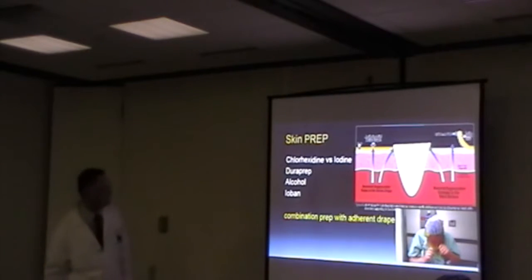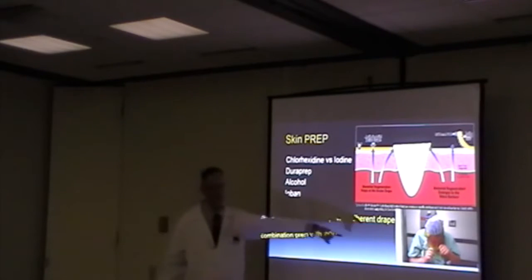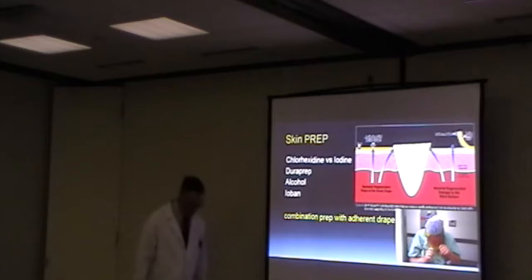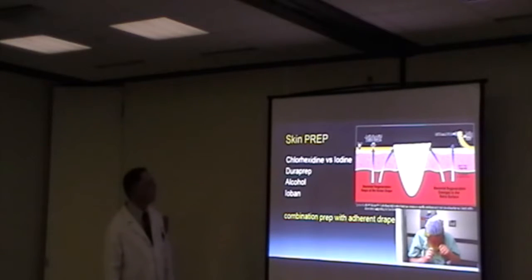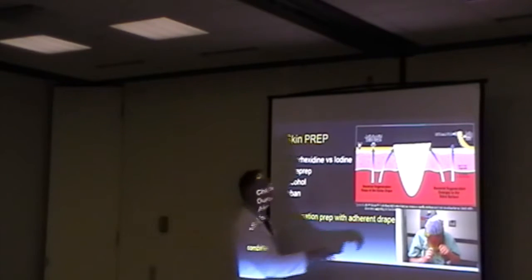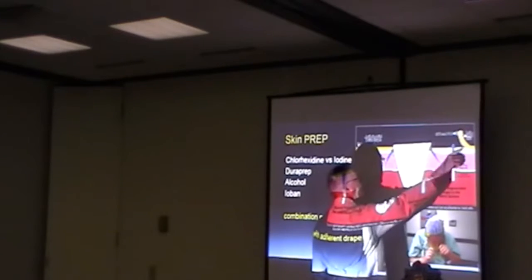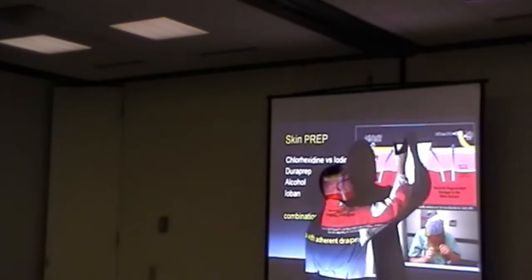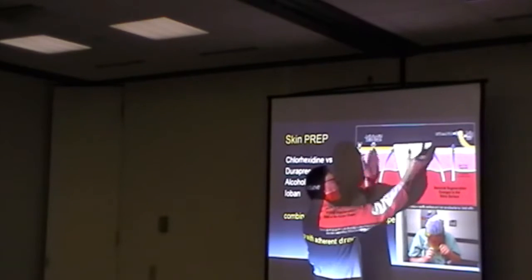All right, so here's the skin prep. I love this picture. See that down there? I mean, it works if it sticks. So what happens is when you look at Ioban, the reason it works is if you get it to stick and it covers the pores where the bacteria come out, you make the incision through the Ioban, you don't get the bacteria coming up,